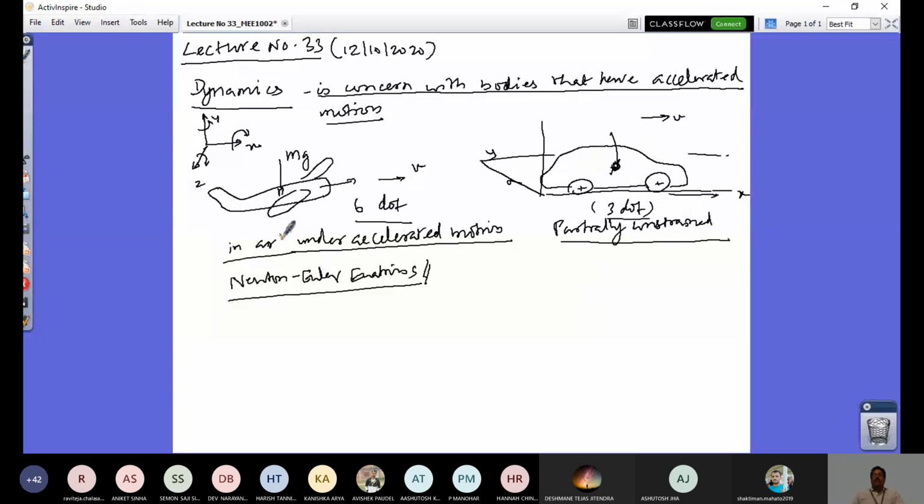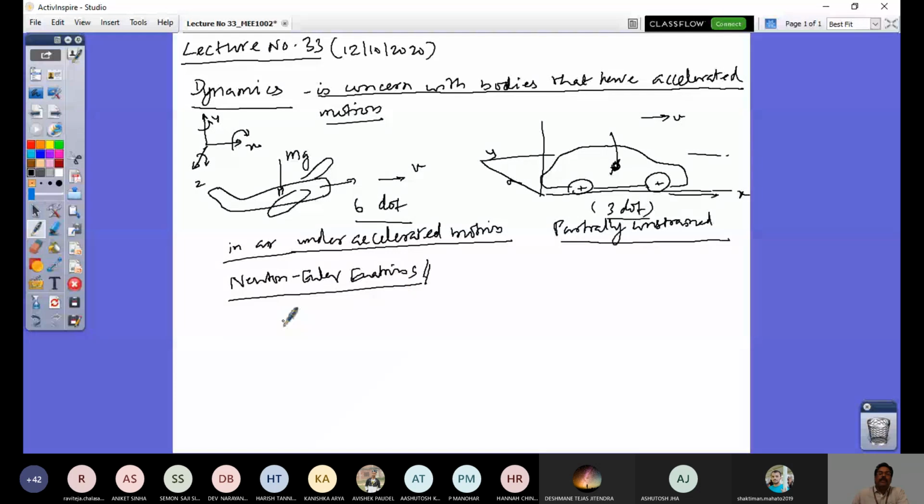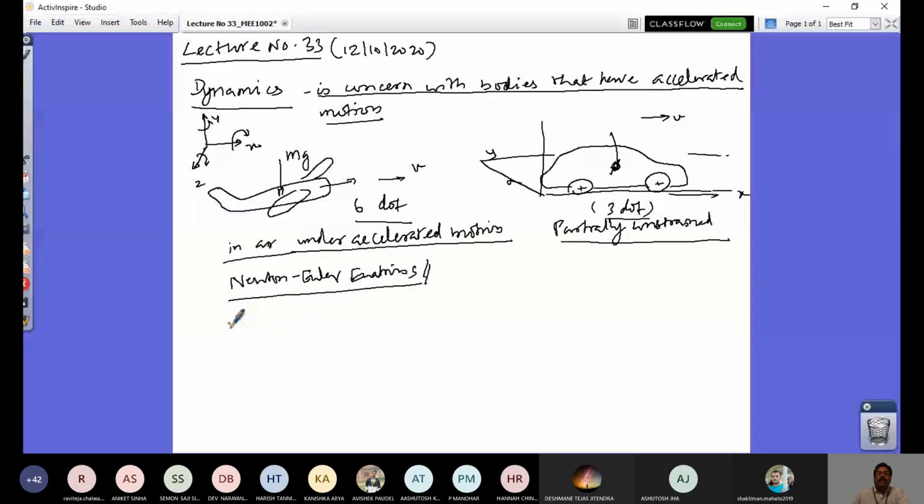So particle dynamics can be looked at in two important categories. One is kinematics, another one is called kinetics. So what do you mean by kinematics and kinetics? Kinematics refers to the study of geometry of the motion alone